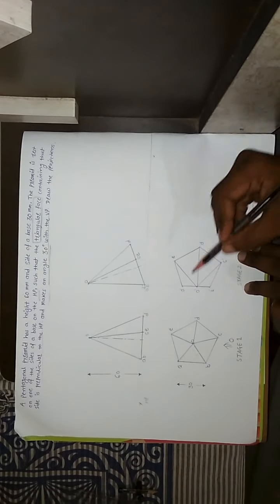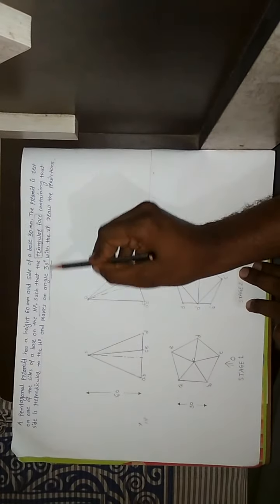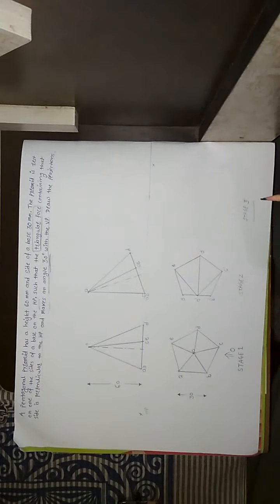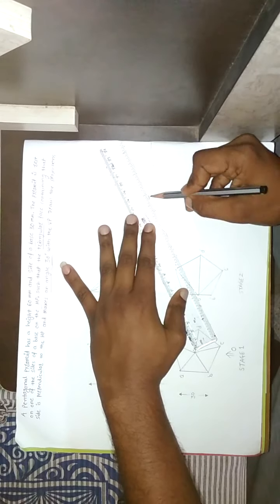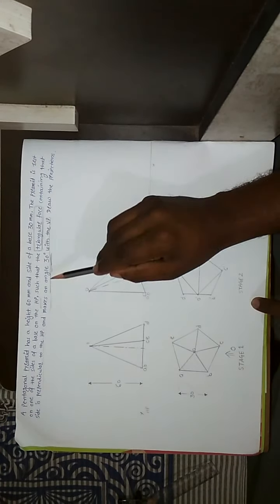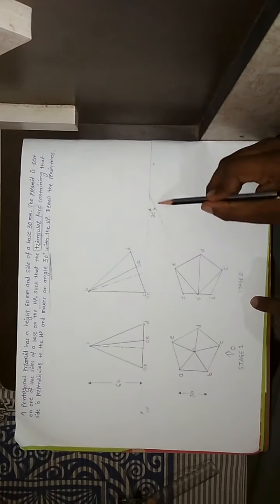Friends, as we already said, we are referencing A, B and O as the reference triangular face. That means this line A, B and O makes an angle of 30 degrees to the VP. So first we take one point here and take an angle of 30 degrees from the reference point. This angle is 30 degrees. Now we have to redraw this whole diagram with 30 degrees, because this line A dash, B dash and O dash represents our triangular face, and this triangular face makes an angle of 30 degrees. That's why this line makes an angle of 30 degrees.